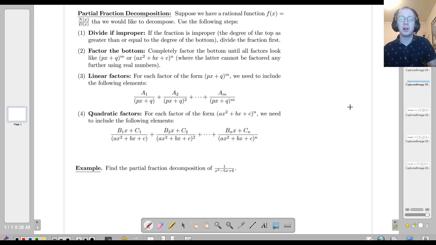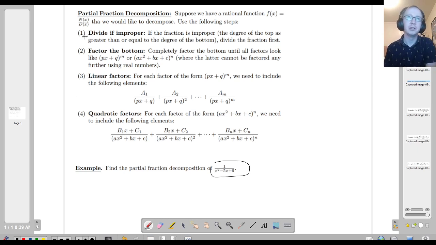Now that we've covered why it is extremely painful to try to take the integral of this guy down here using a trig substitution, let's talk about how we can give ourselves that hint we got last time. In other words, how can we break this apart into some simpler fractions that will make the integration comparatively easy? So this process of partial fraction decomposition has 4 steps to it, and once we get going with it, it's